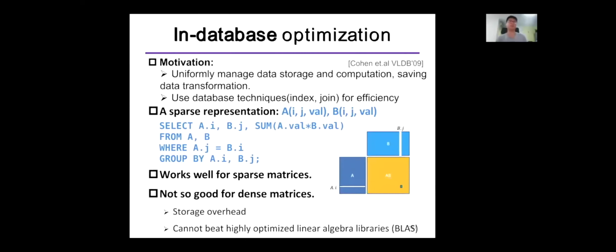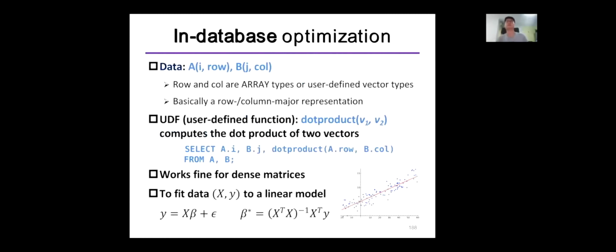And this method works well for the sparse matrix, but it's not good for dense matrix because it incurs much storage overhead, and it cannot use highly optimized linear algebra libraries like BLAS. And to address this, the UDF, user-defined function, is proposed to compute the dot product of 2 vectors. It works fine for dense matrices. So for example, if we want to fit a simple model, we can just do it in the database,